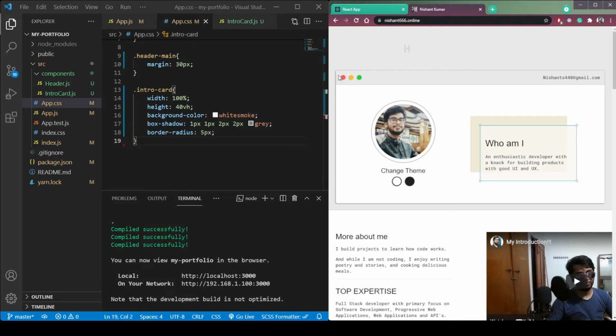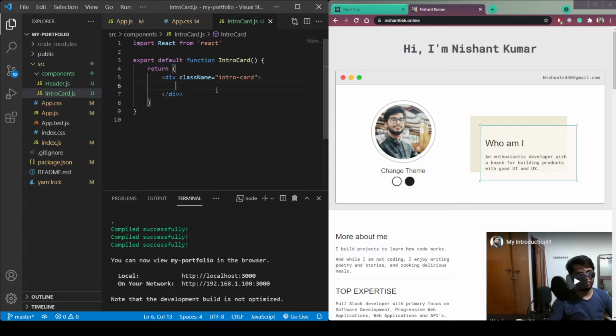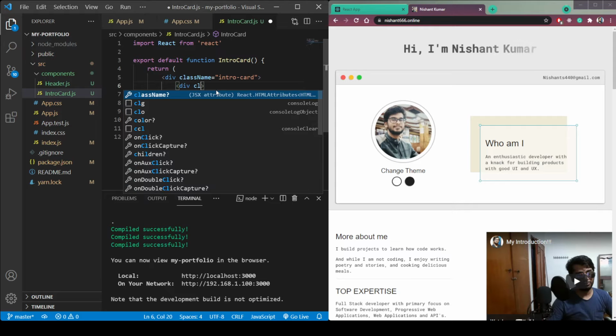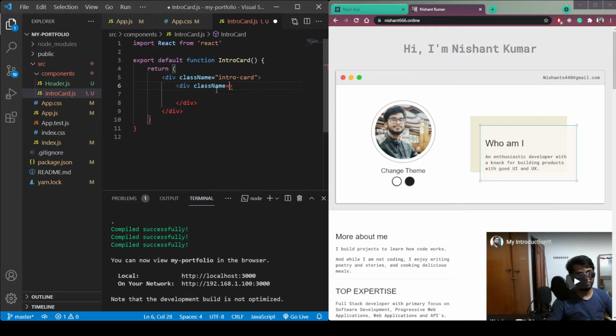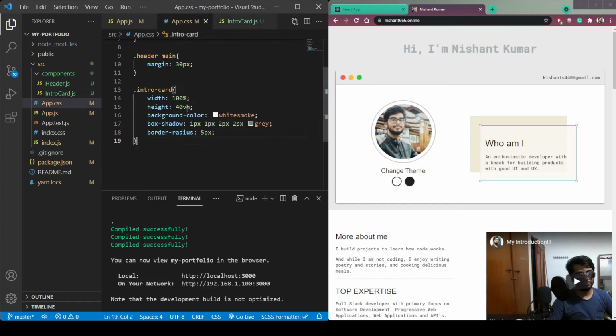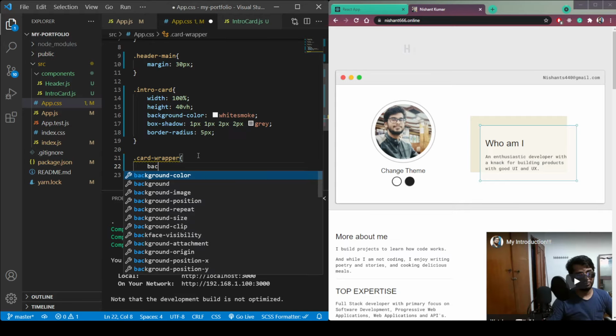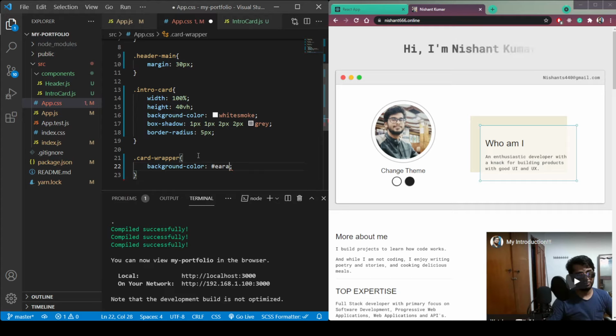Now let's create these 3 dots and the email section. So in the intro card, create another div with class name card-wrapper. In here, card-wrapper, then say background color EA, which is something like gray.